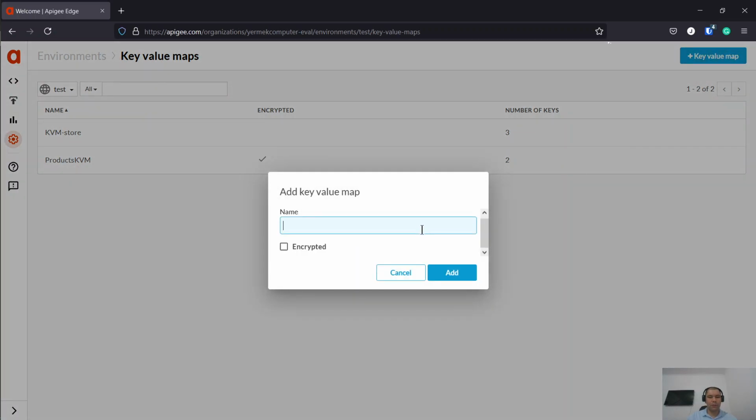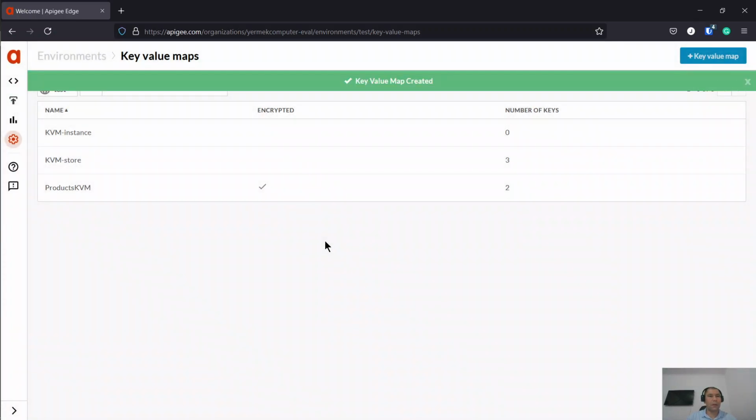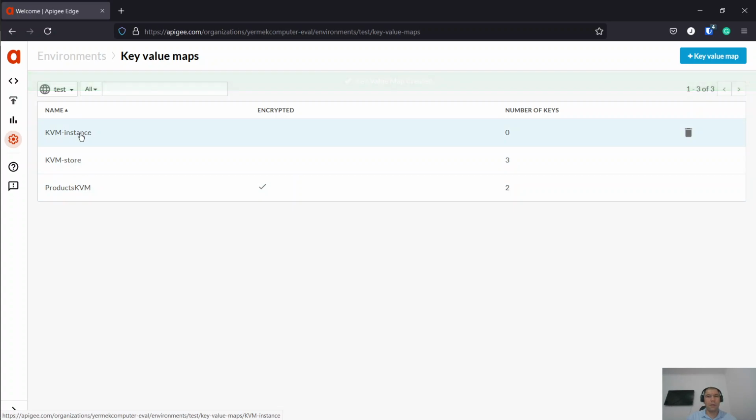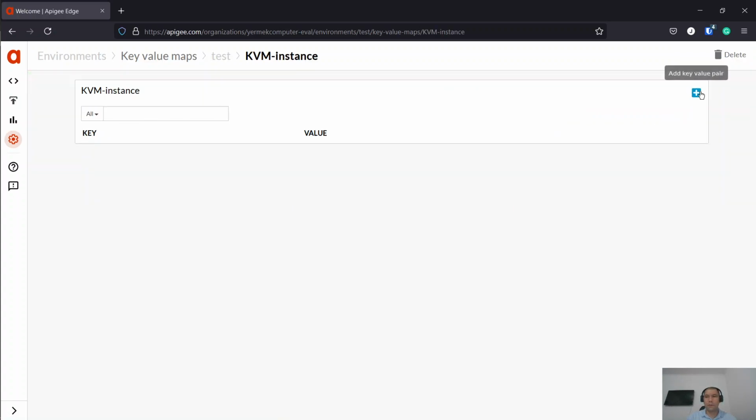I will name it KVM instance, and it's not going to be encrypted. Okay, you have it, KVM instance, and inside of this KVM